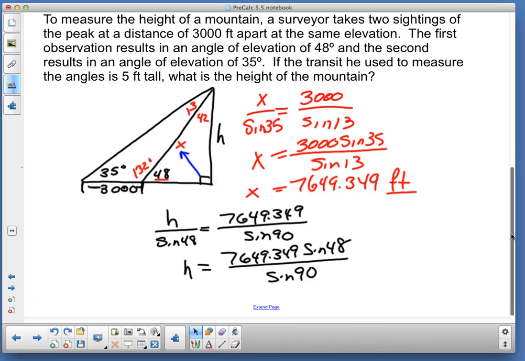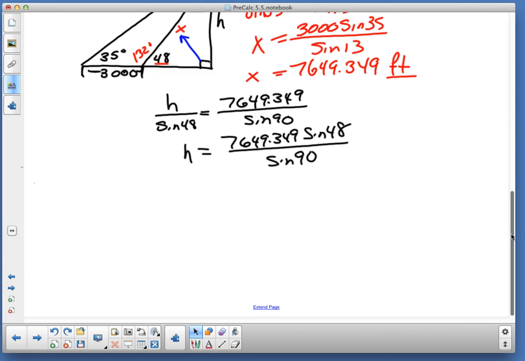Okay, so we can get this value popped out. I'm just going to double check this because I really doubt my fat fingeritis. I only did this number once. So 7649.349 times sine of 48. Now, if you really truly wanted to, you could divide by the sine of 90, but we already know that's 1. So when we get this going, I know that we're going to be sitting at